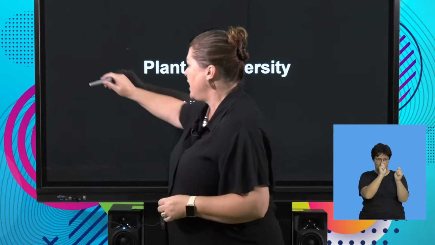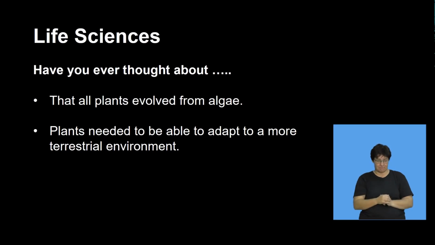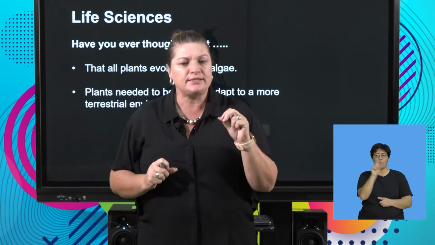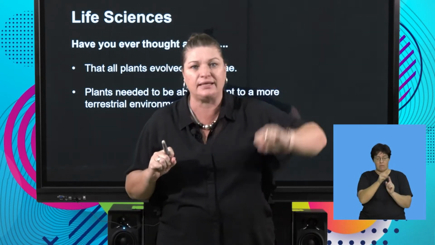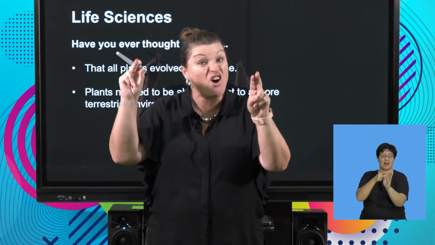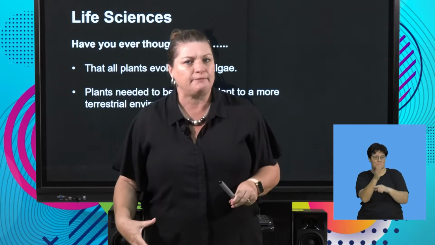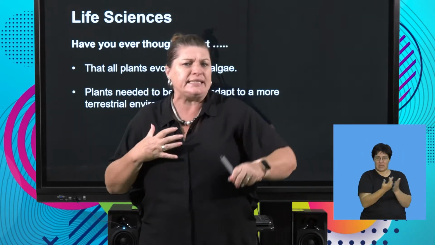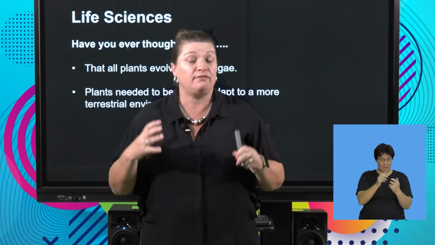Okay, so let's have a look at a few of our key concepts. You might have done the section on microorganisms, where we looked at the kingdom called protists. Protists had two little branches. One branch went to the animal kingdom and the other branch went to plant-like. I use the word plant-like because they weren't plants. We called them algae. They could photosynthesize, but they didn't have the roots, stems, leaves, tissues and certain characteristics